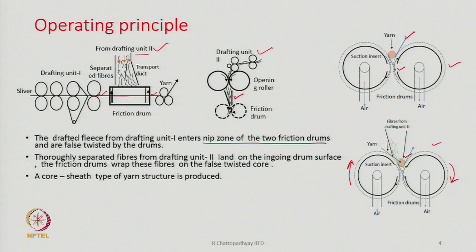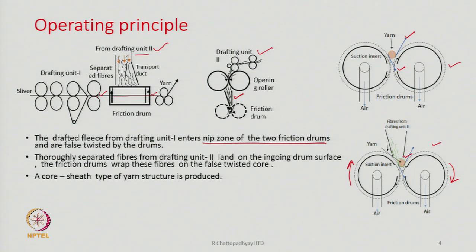They will start wrapping around the false twisted yarn that exists between the drums. So, they will keep wrapping. Now, this entire structure consisting of the sheath fibers coming from drafting unit 2 and the fibers coming from drafting unit 1, all of them are going to move out from this twisting zone,